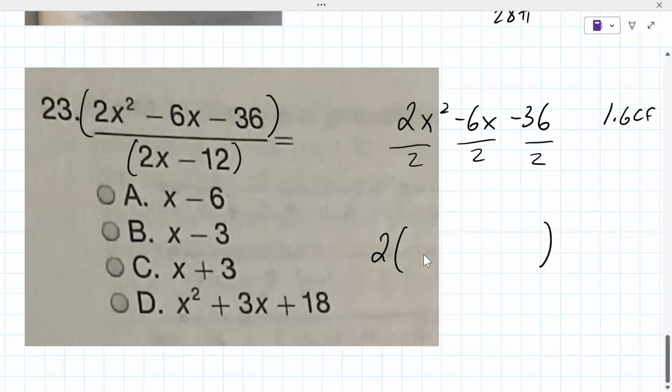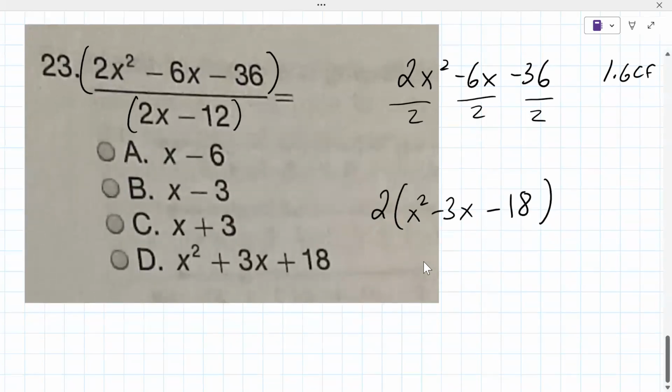One? x squared, 1x squared, okay, or just x squared. 1x squared. Keep going. 3x. Minus 3x. 18 or minus 18. Good. Okay, now the next type of factoring is if there's a 1 in front of the x squared, which this does have,